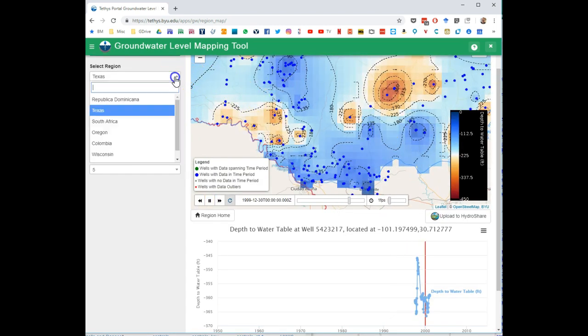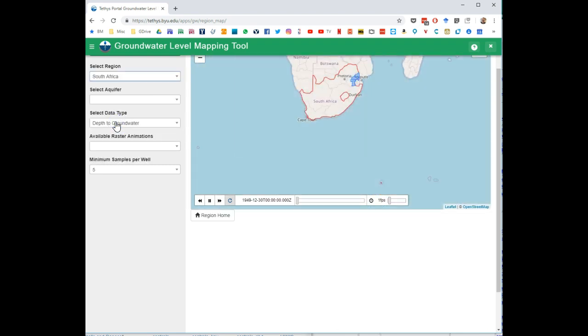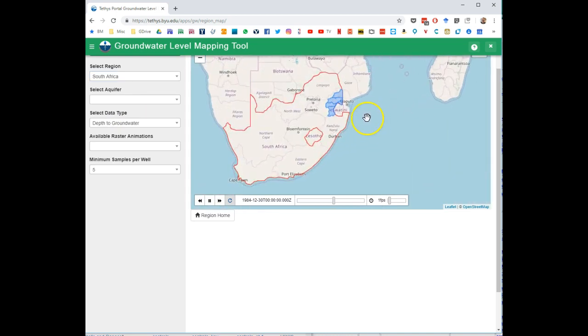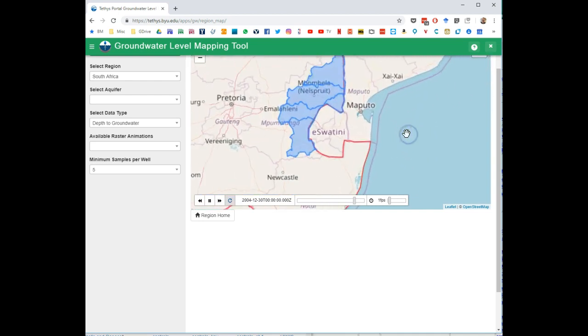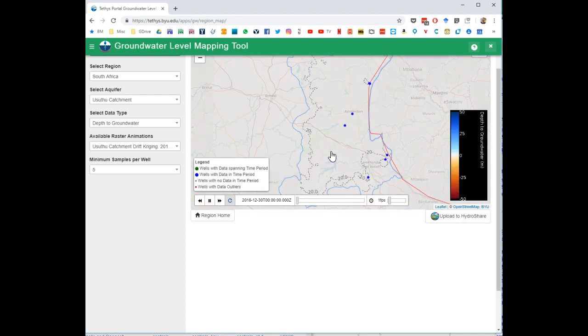But if you go in here and you look, we have South Africa integrated here, and that will jump down to, let me zoom in a little bit. I'm using the scroll button on my mouse to zoom in. So here are the regions that we were sent, and if you click on one of these aquifers, it zooms in, and you can